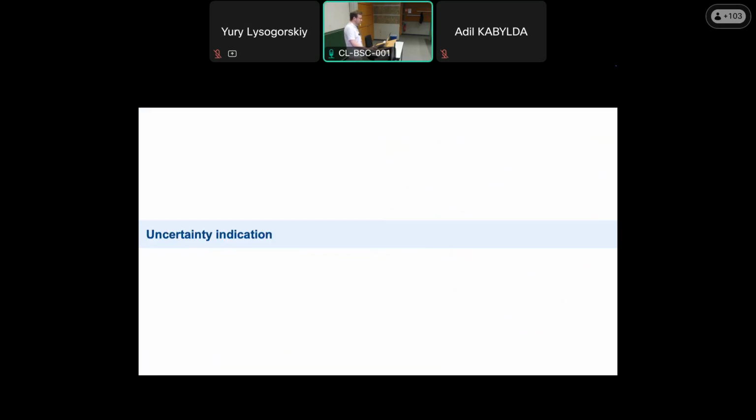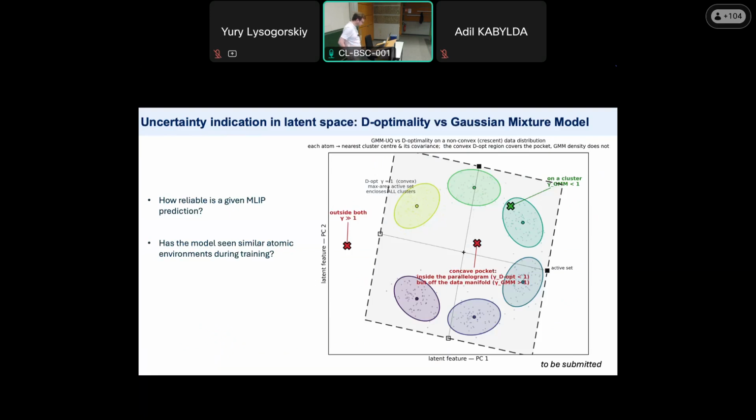All right, but how can we be at least a little bit sure that our simulation is going in the right direction without computing DFT after every iteration? For that, we do have an uncertainty indication developed recently.